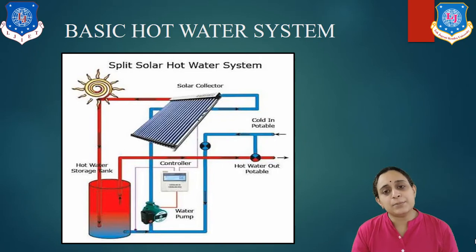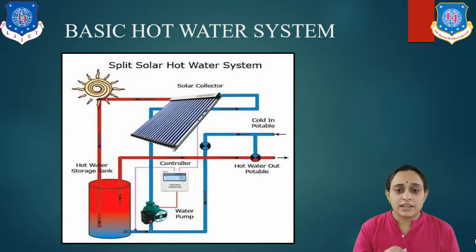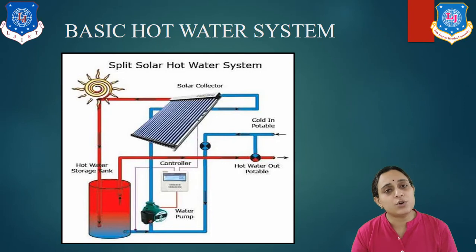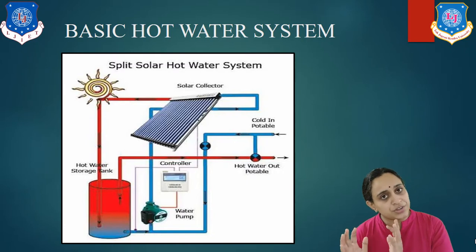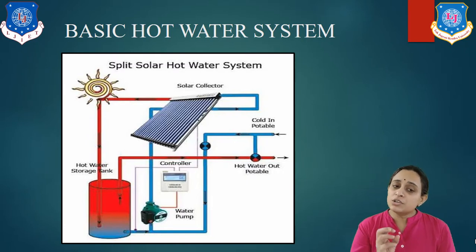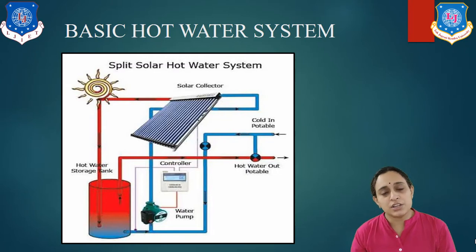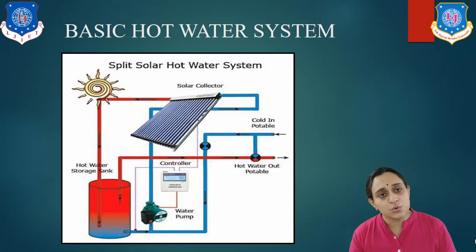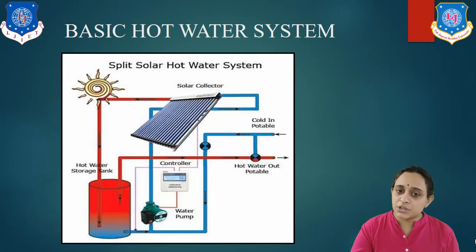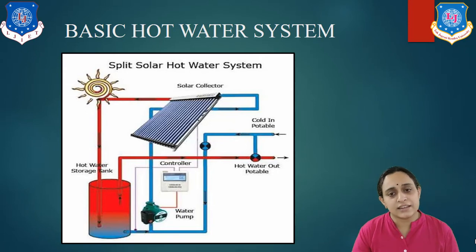In general, the flat plate solar collectors are kept on the rooftop, which absorb the heat energy from solar radiation. This heat energy is stored in the water kept in the insulated water tank. It means we have to store all the heat energy in the water tank. Now, hot water is circulated through the heat exchanger, in which cold air from the room passes through and hot air comes out to heat the space in the room.